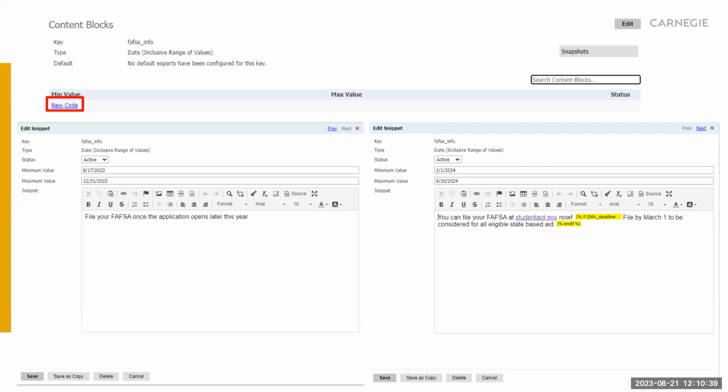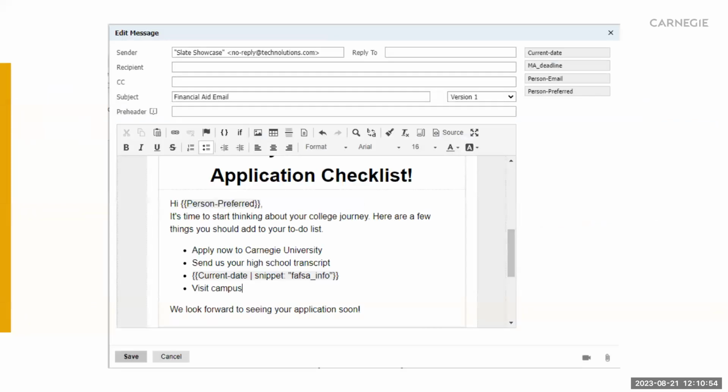I also have an extra message in here for that existence export. Massachusetts students: file by March 1st to be considered for all eligible state-based aid. Putting this into our